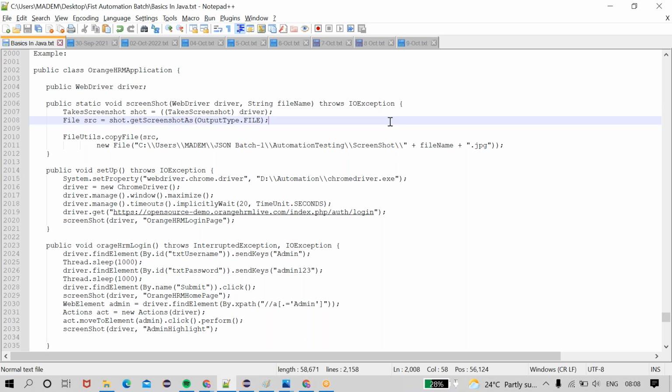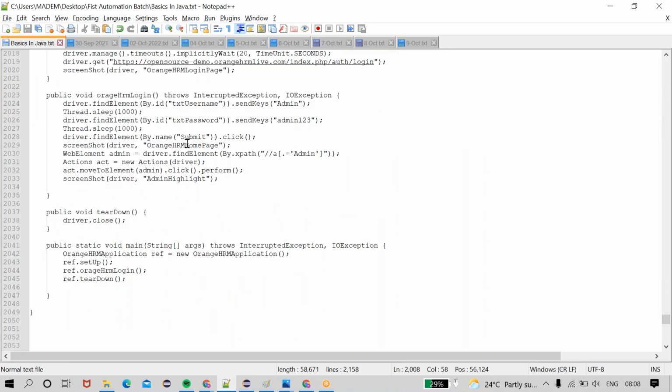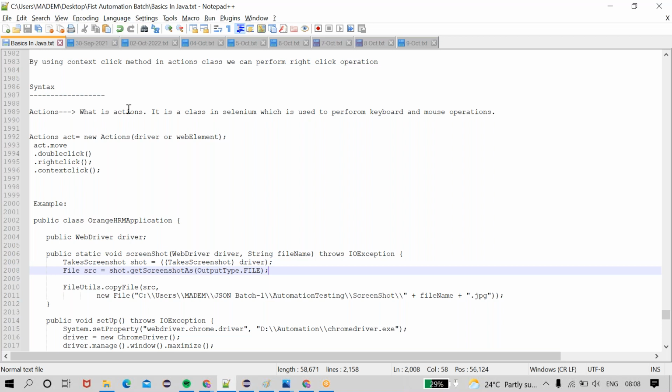In the last session we started the Actions class. See, Actions is nothing but performing keyboard and mouse operations. Actions is a class in Selenium which is used to perform keyboard and mouse operations. Okay, the Actions class can be used with this syntax: